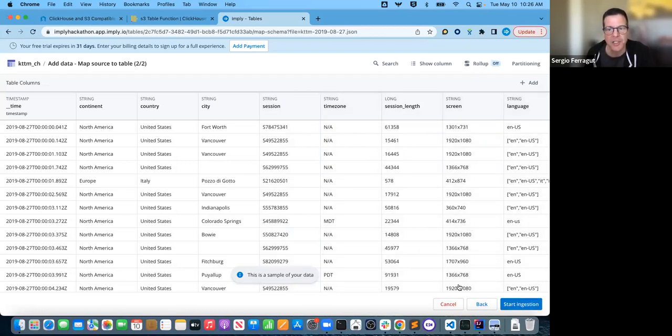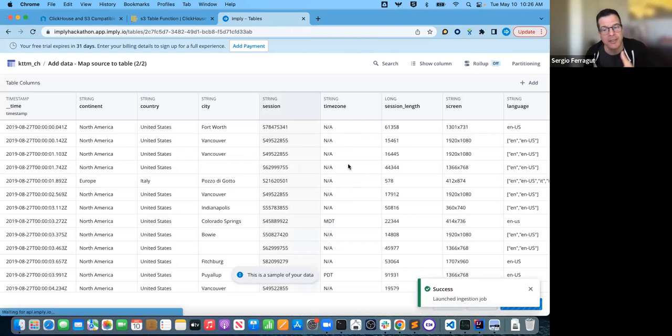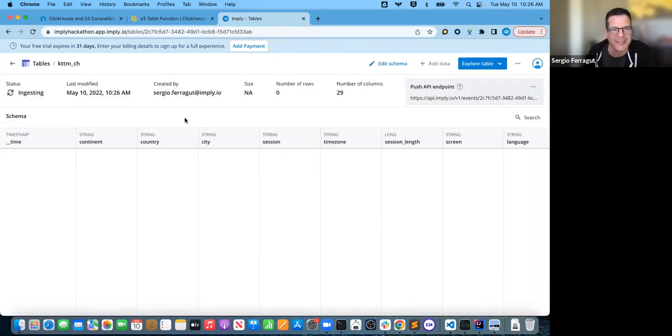And so you can just start the ingestion. I'm going to go ahead and start that ingestion. It takes a little time, a couple of minutes. So in the interest of our time here, before I move on, one thing to point out is this is doing a batch ingestion, right? This is taking a file and loading it up into this table.